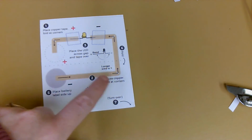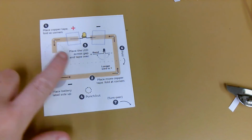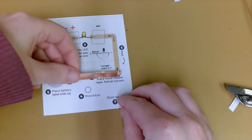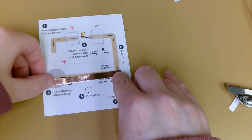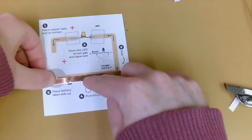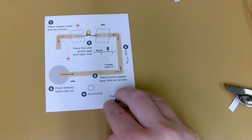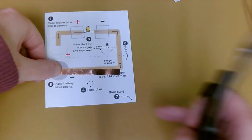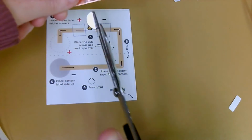So we are going to do kind of 1 and 2 together. There's another way to do it, so we're going to do it the way that I've done it, which is you kind of just measure and then you fold and you create this kind of go around like that. Okay, so I'll show you guys the first one and then we'll pause the video and you will come back to show you guys how it's all done. So you kind of